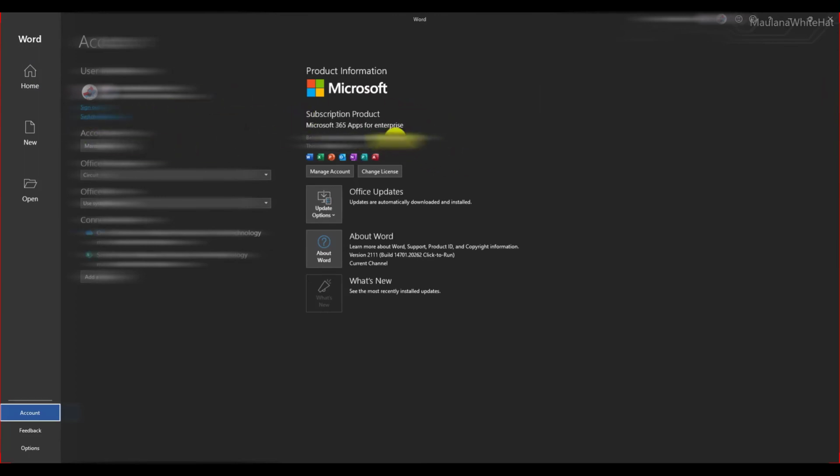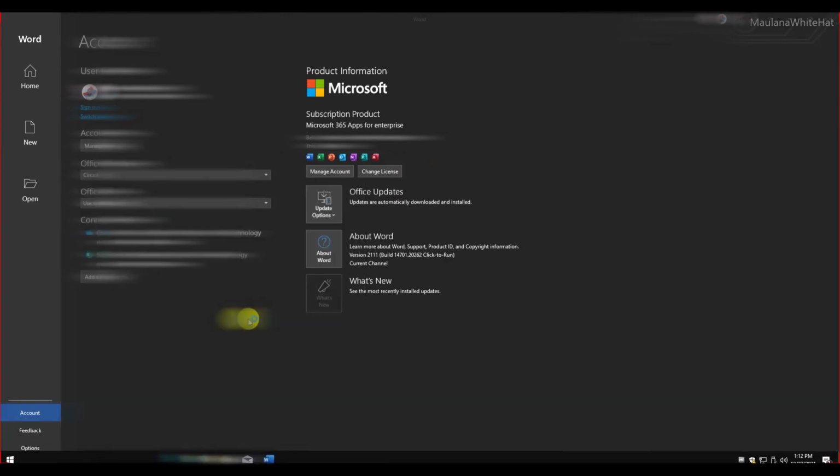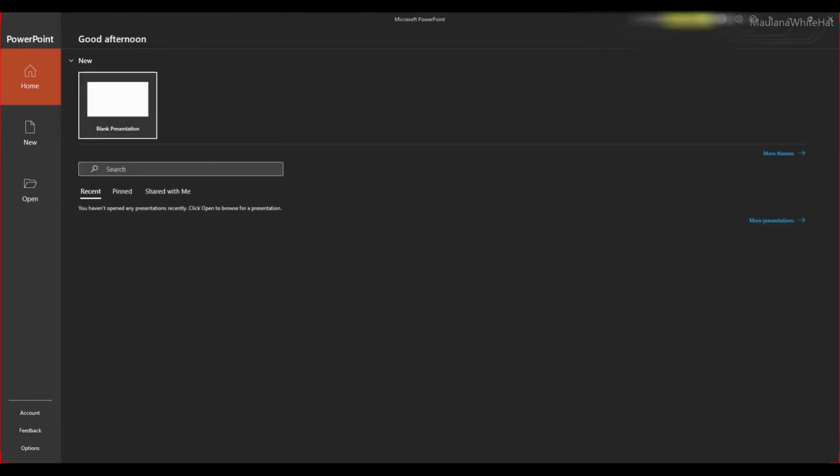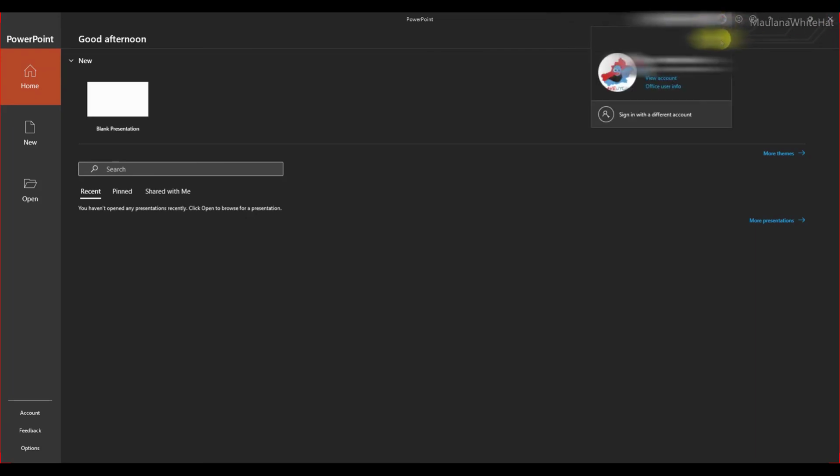I highly recommend updating this Windows product from time to time. It's very good. You should stay up to date. As you can see, I've opened PowerPoint and it's also activated with the same email address, with the same account. Now from here you can click sign out if you want to remove the account from all of these apps. Remember, signing out from one app will sign you out from all of these Office apps, and you can sign in with a different account if you want to use multiple accounts at the same time.